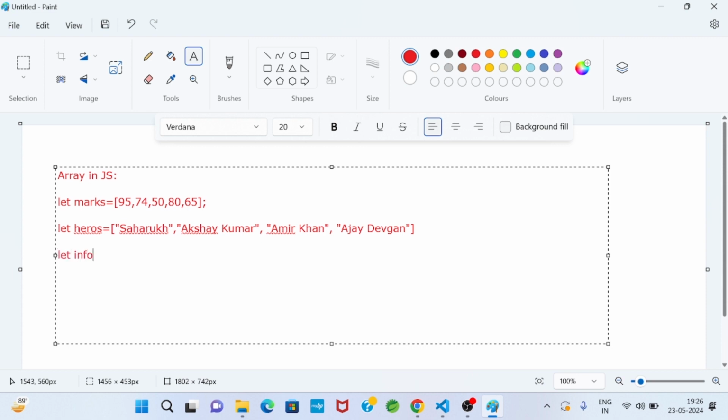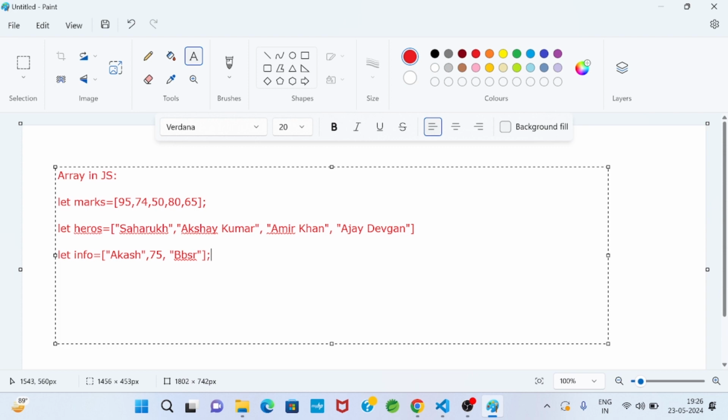Suppose I have a variable named info, where I store the information: 75 marks, and address Bhubaneswar. This is some info with multiple types of data.